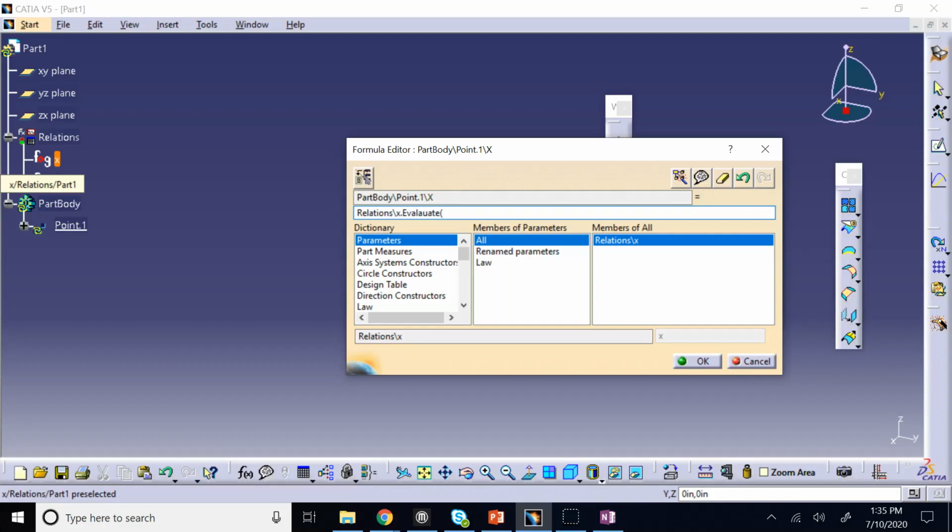What is dot? If you know, CATIA is written in C. And when in C or Python we use dot, dot is to access an operator, a function for that relation. So this relation is a class variable, right? It's a class, and then it has some variables and it has some functions. And this evaluate is a function for the class relations. So you say evaluate that at what? At t equals 0, right? So basically you say set t equals 0, apply it to this function x equal t, and whatever number you get,